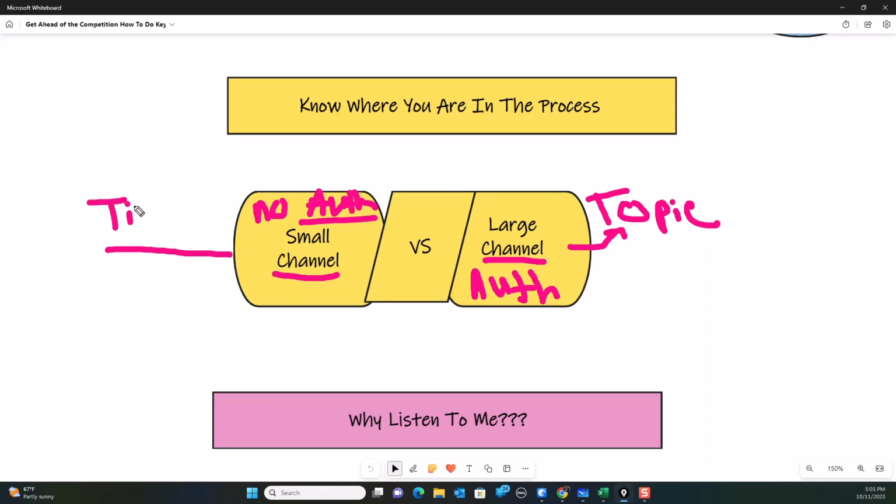Now, there are two things that are going to contribute to that. Time. The longer you have been on the platform, the more authority you're typically going to bring if you are already producing the type of content that the algorithms like. Now, you can be on YouTube for a long time and actually have no authority because you haven't fed the algorithm what the algorithm needs in order to get Google to feed the audience and keep people coming back. But for the sake of this section, time is one of the things that's going to bring you what you need. And secondly is making sure that you are doing the basic things that are necessary